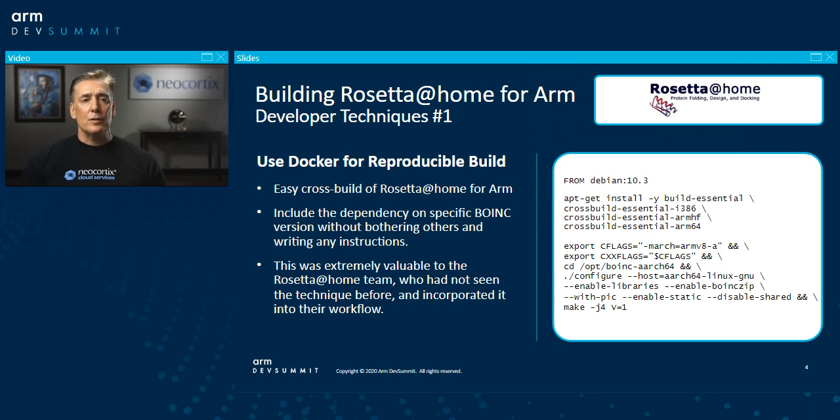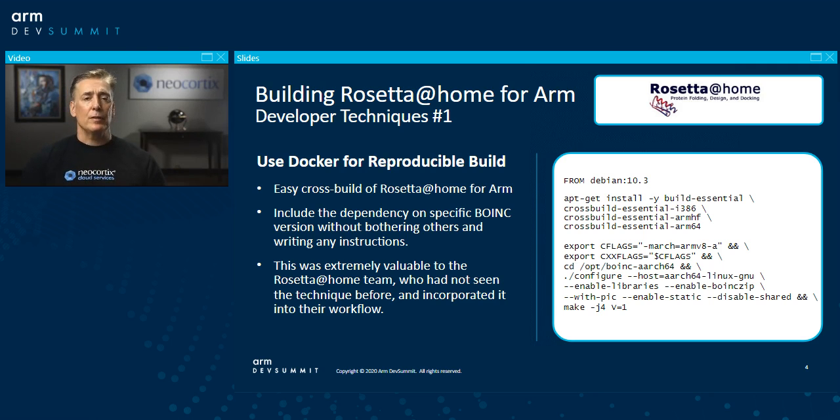So the first one was Rosetta. The first technique that Dmitry offered to me as something that might be of interest to the developer community was simply the principle of using Docker for reproducible builds. Now that may well be known to many of the developers in the community, but it turns out that technique had not been used internally at the Rosetta project. And so when the time came for Dmitry to provide the solution to ARM that he had done, they were thrilled when it was all packaged up as a Docker container,